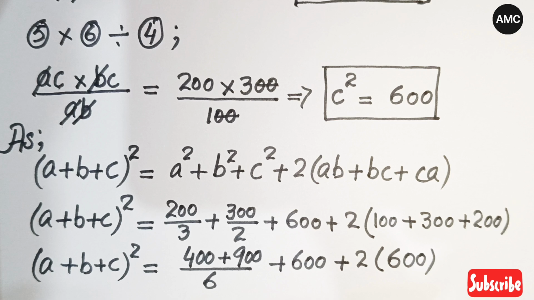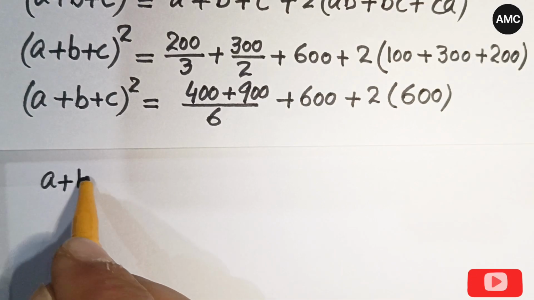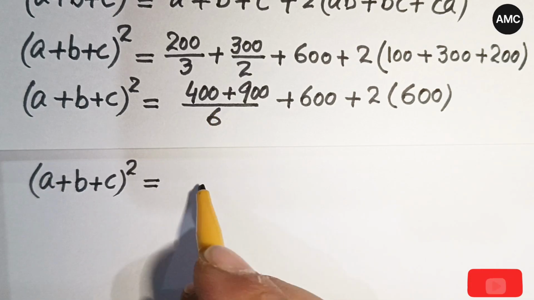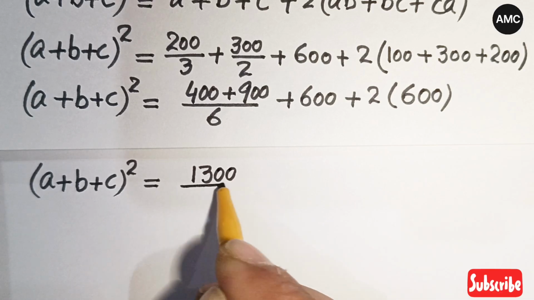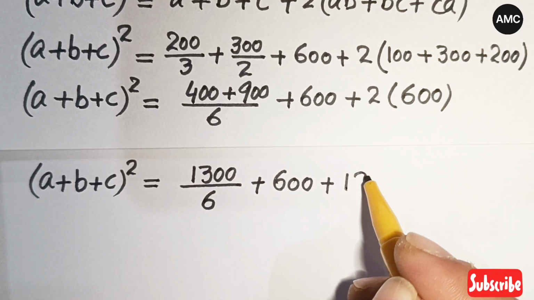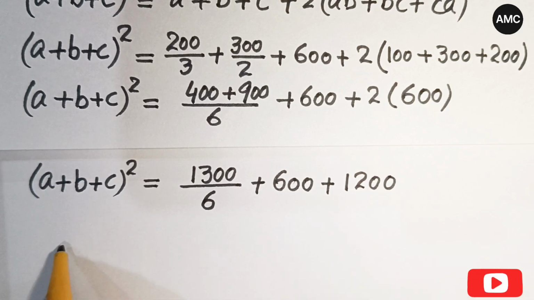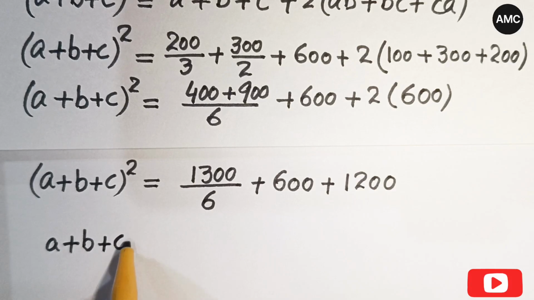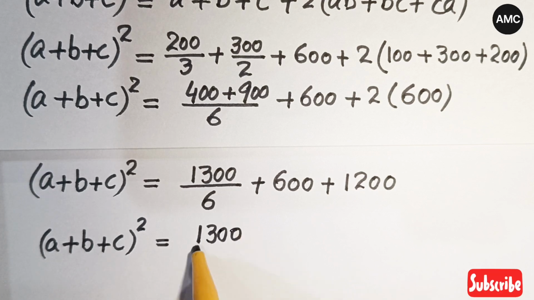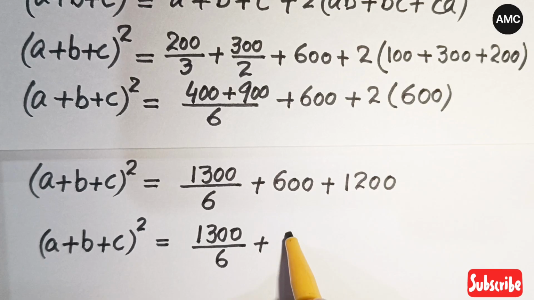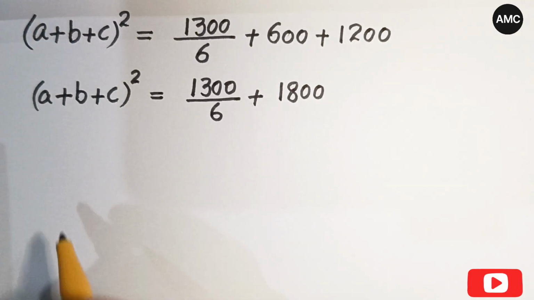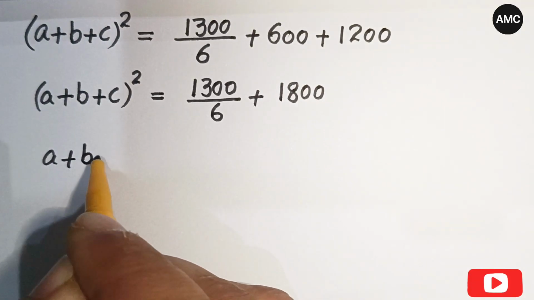Now our next step will be, here (A + B + C)² is equal to, now 900 plus 400 we have 1300 over 6, plus 600, plus 2 times 600 is 1200. So (A + B + C)² is equal to 1300 divided by 6, plus 600 plus 1200 is 1800. Now (A + B + C)² is equal to,